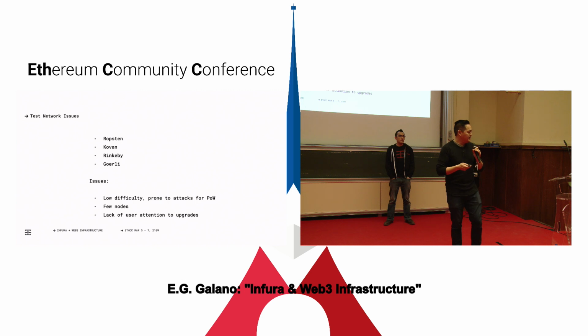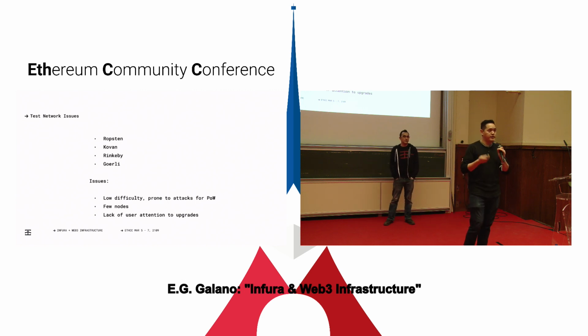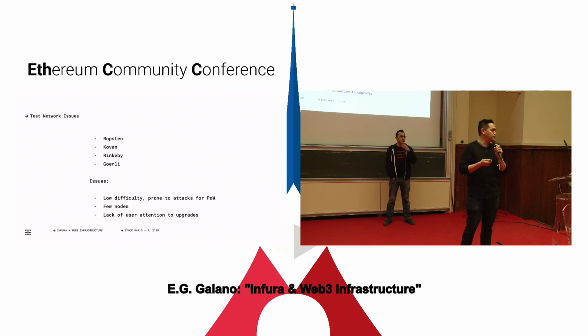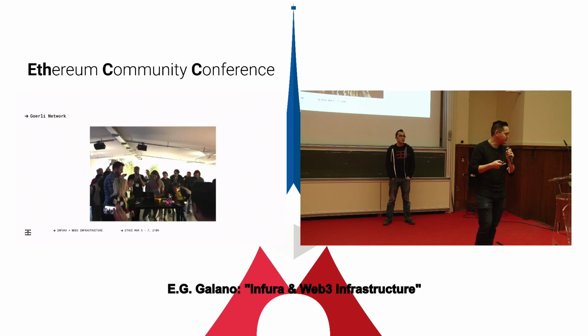Some other networks, Kovan and Rinkeby, suffer from similar issues of there just being low amounts of nodes. Most people don't really run those nodes at all, or they don't run them consistently, only really when they need to. So we can say that people should be using light clients to connect to these, but if you try to use a light client to connect to these, it's hit or miss whether or not you're actually going to peer and be able to sync quickly. I'll talk about light clients a bit later, but it's one of the issues to be aware of.